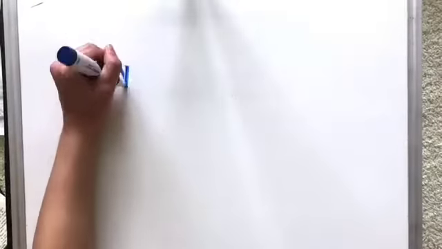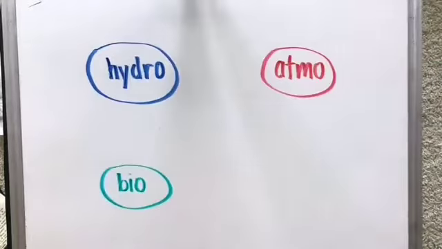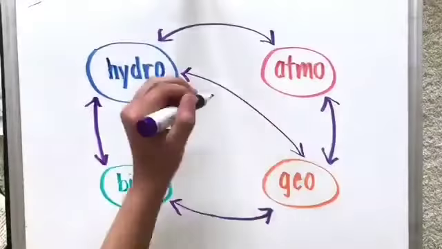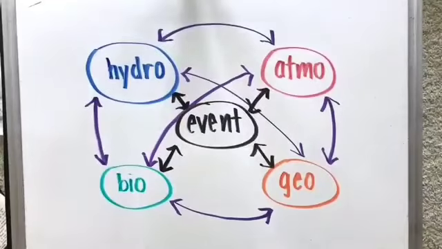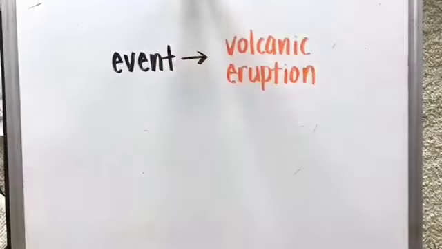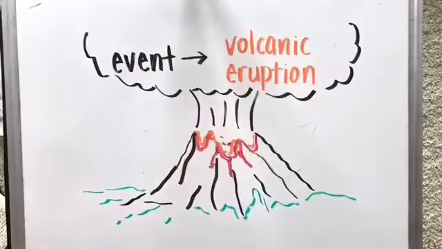All interactions between systems can be represented by this diagram. There are interactions between the systems like we just discussed, but also certain events can occur as a result of a change in a system or can cause a change in the systems themselves, hence the double arrow. An example of an event is a volcanic eruption. It can cause big effects and changes on all of Earth's systems.